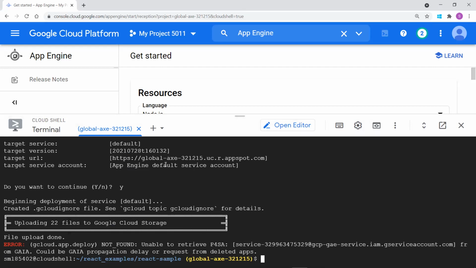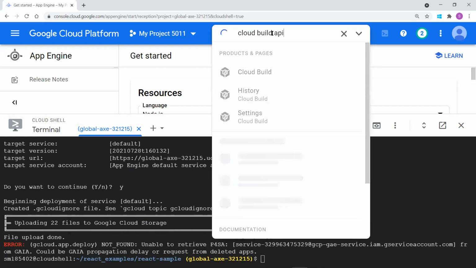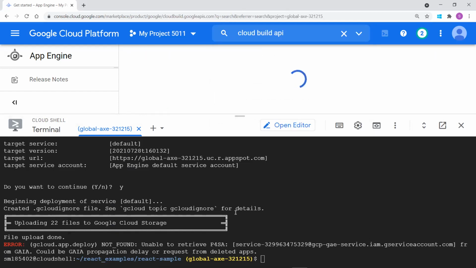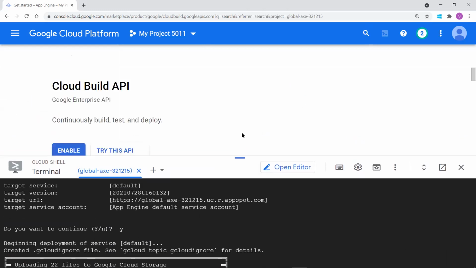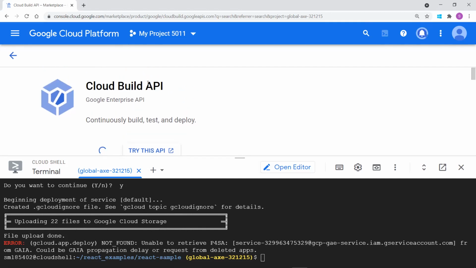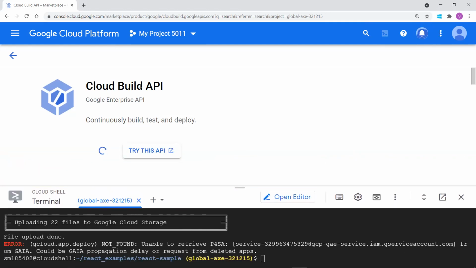Fine. Let me show you what I have said about Cloud Build. We need to enable the service of Cloud Build. Let me show you that first, the Cloud Build API. While you are building your application, you need to make sure you enable this. If you enable this, then only the build will succeed. If not, it won't build any of the applications. So once you enable the Cloud Build API, our build will succeed. So I have enabled this API and service.